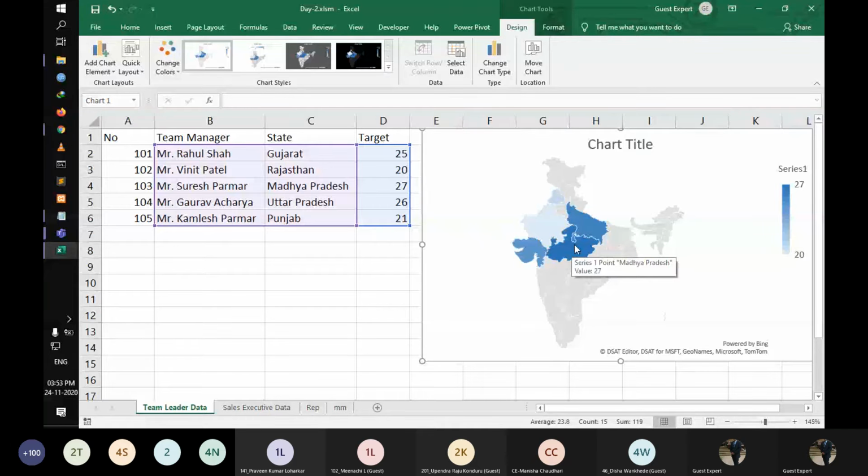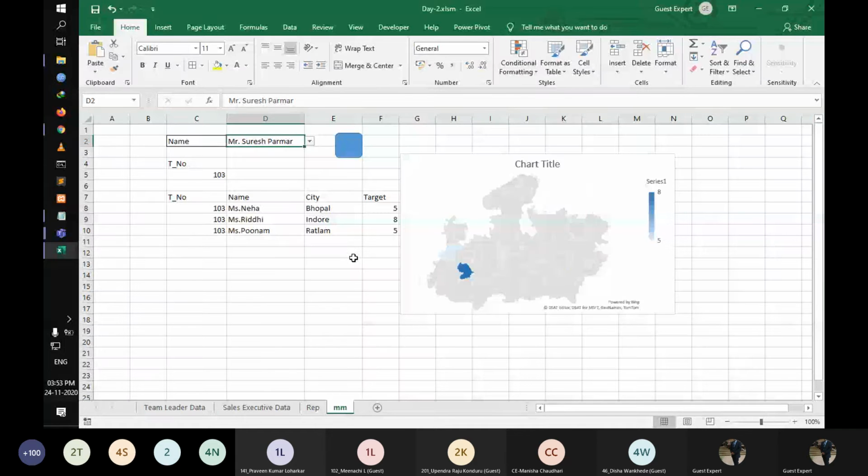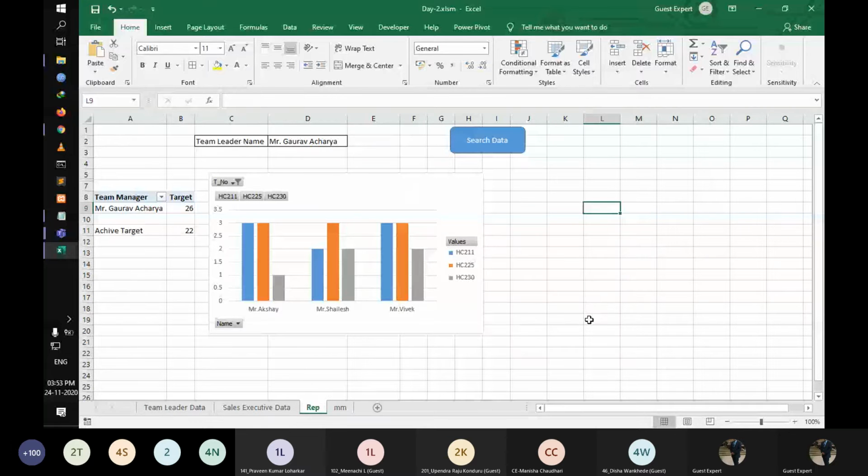But the thing is, we do not take the chart from the pivot table. So we are using this kind of formula. So let's include these things in a REP over here as well.